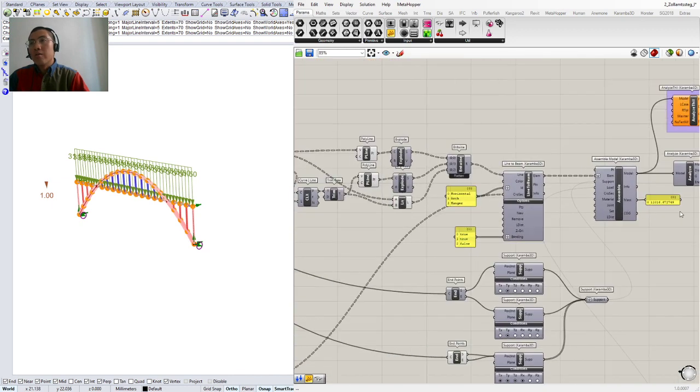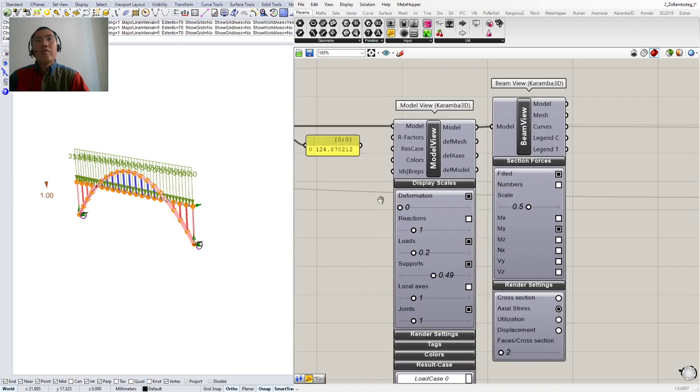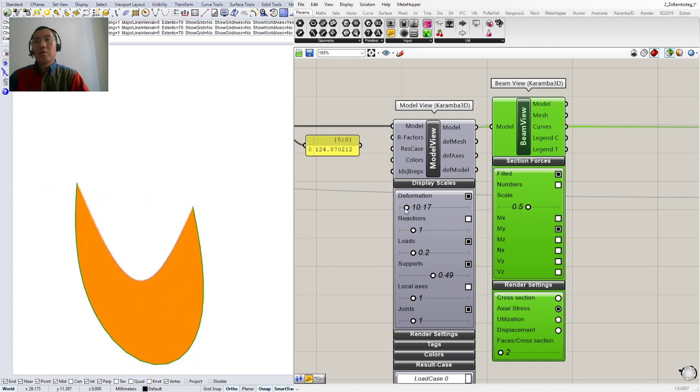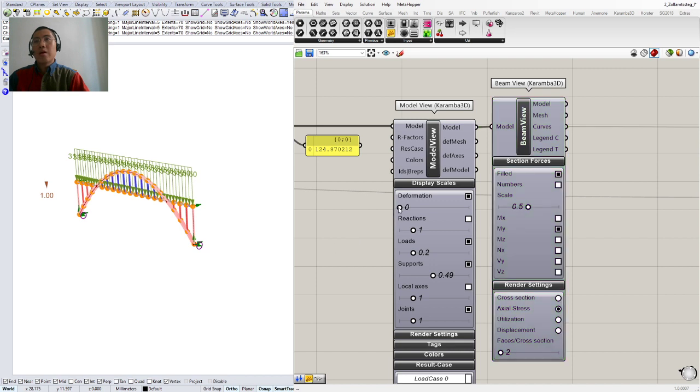Sorry, I'm in the wrong view. If we were to activate the deformation for our geometry generation, you will see that the actual section forces that are created, which is like this, are also deforming according to the original shape. And which means if we were to activate the deformation, you'll see that the geometry of the bridge actually deforms